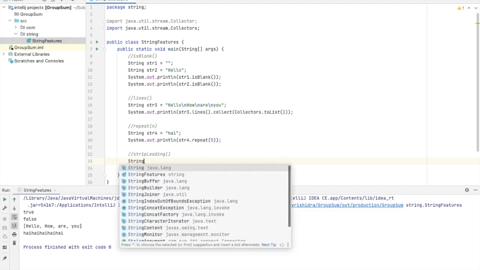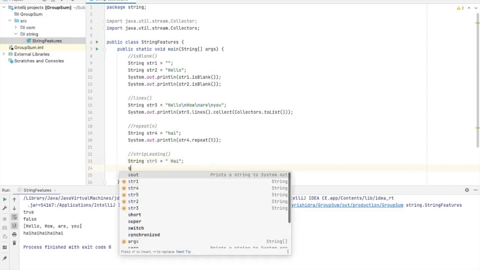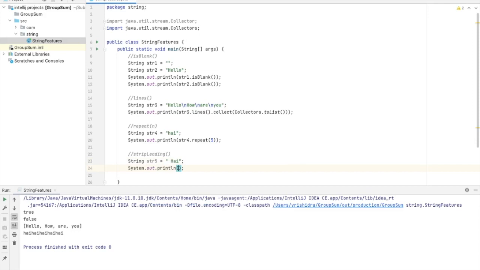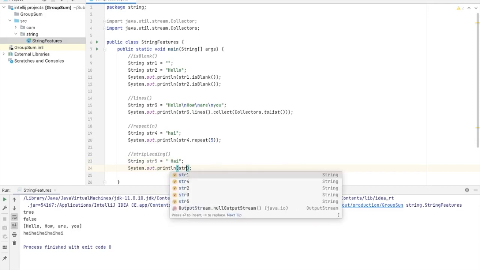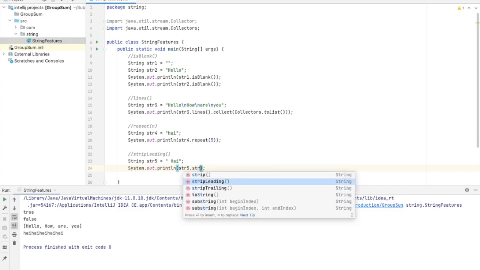So I'll declare a string str5 and give hi. str5.stripLeading().